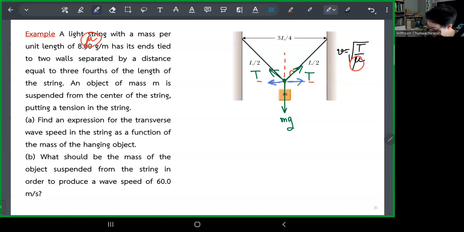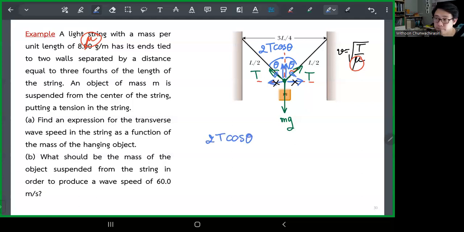So I can do that by breaking these tensions into the vertical and horizontal directions. That horizontal direction definitely cancel each other out and doesn't really give you anything much. The only thing left is just that tensions components that pointing up. And that can be calculated very easily if we define this to be the angle theta. So the pointing up tension is going to be T cosine theta. You guys with me? But then you have two of them. That's it. So that is the upward force pointing up, net to be 2T cosine